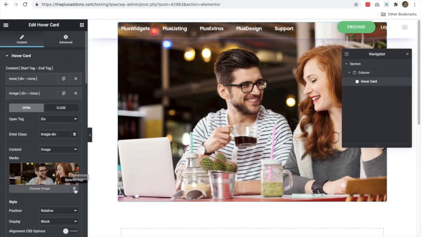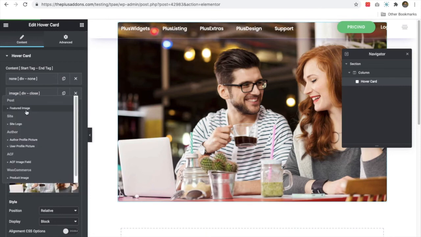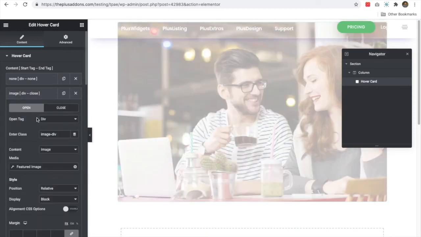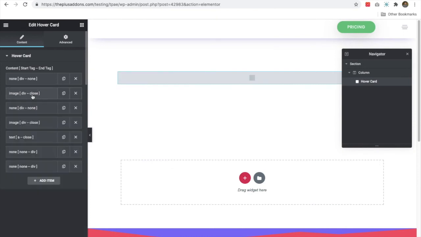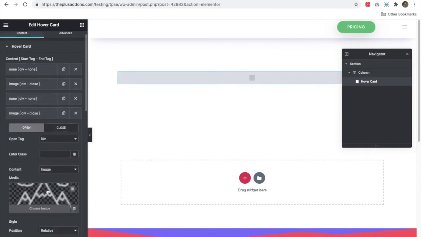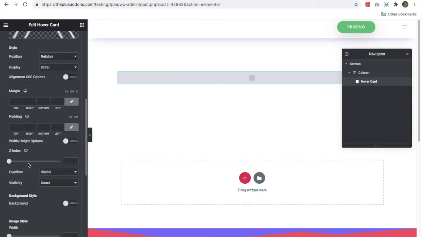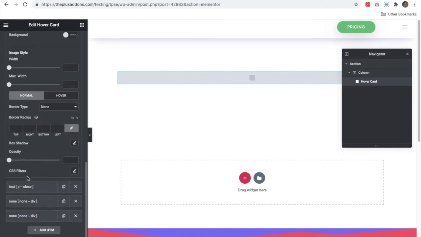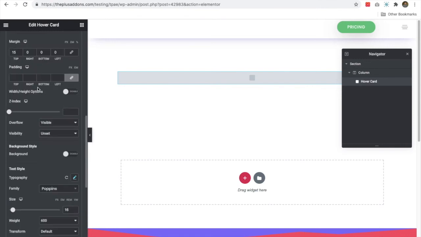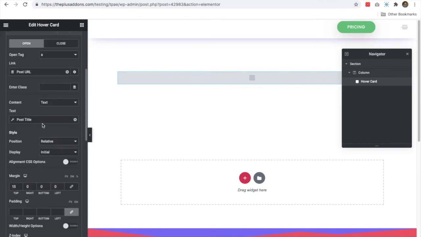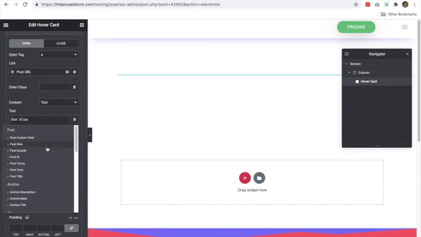So for example, let's go to the dynamic tag here and select a featured image. The same, we can select any image from here as well. Also in our title, here we can select a post title, something like this.